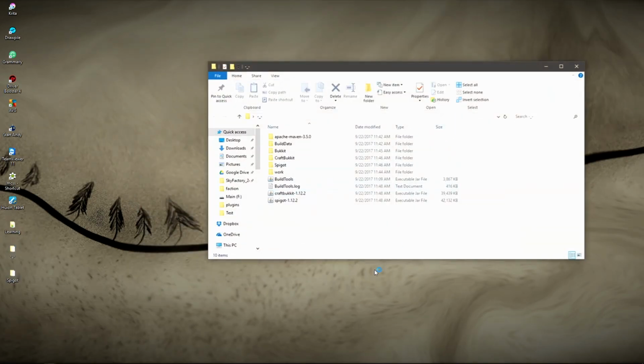Now, I've already done this in a separate instance over here. We have the very basics. This is what you will initially see upon install. You will see Spigot 1.12.2, CraftBukkit 1.12.2, Build Tools, and these following four folders. Now, your version of CraftBukkit and Spigot will alter and change depending on what version of the desired build you download, whether it be 1.8.8, 1.11.1,